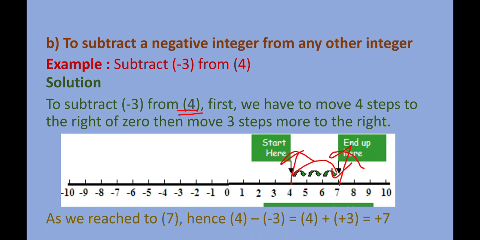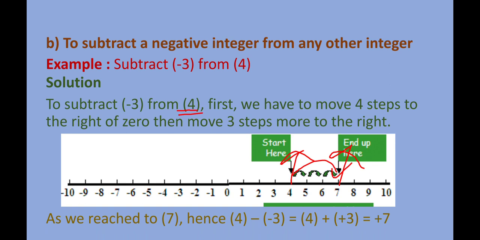That's all. So in subtraction of integers on the number line, you have to stay at first number, and after that you have to jump as many steps as in the second number, just by doing the opposite of that one. In addition, if it is positive, we are moving towards right side. If it is negative, we are moving towards left side. But in this, you have to do the opposite of that one.